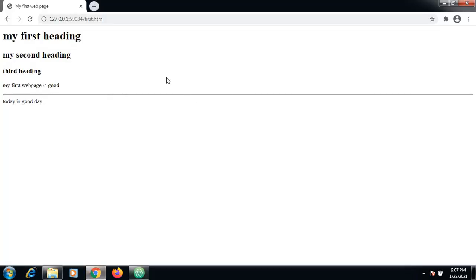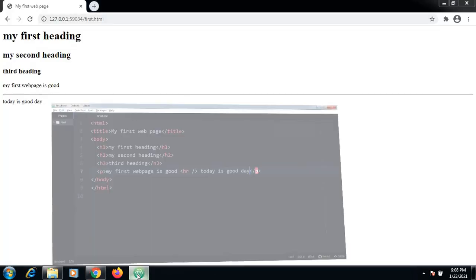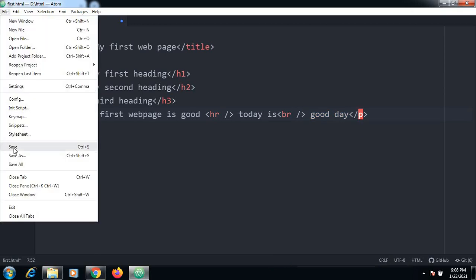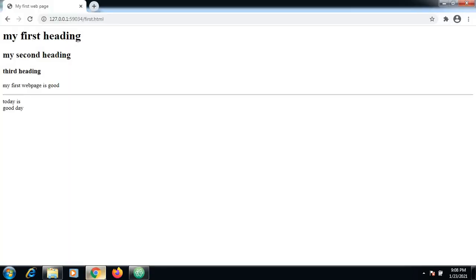This horizontal line is appearing now here. If I want to break the lines, this is appearing in a single line, so I want to break it into a different line. So make use of the br tag. br slash, so what happens is it appears in a different line.